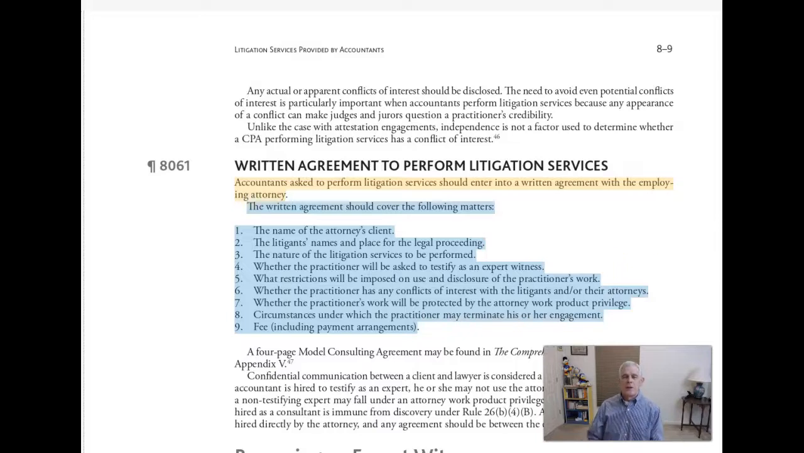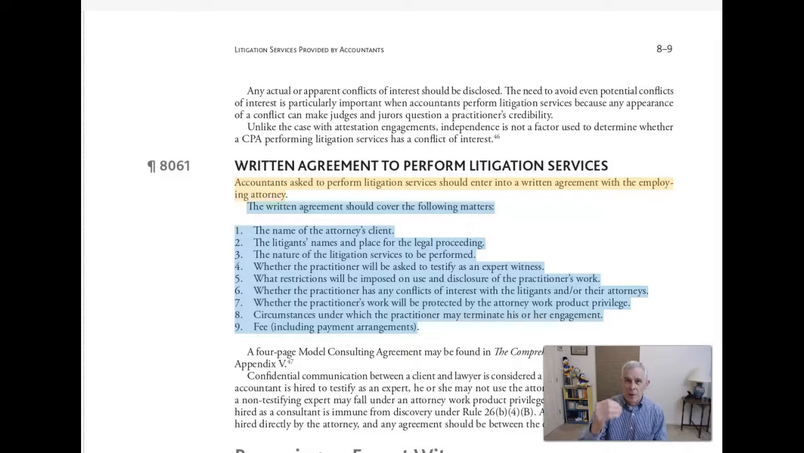Now the next page. This is very important. Very, very important. If you agree to work as an expert witness on a court case for an attorney, and remember, if you're doing this work, your client is the attorney, either the plaintiff's attorney or the defendant's attorney. Your client is not the plaintiff or the defendant. You're working for the attorney. You need to have an engagement letter. This is the written agreement, an engagement letter that